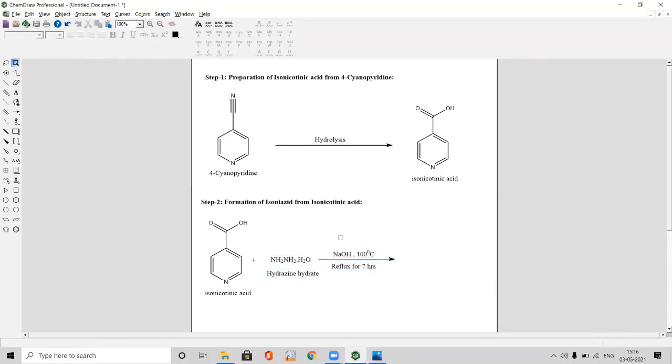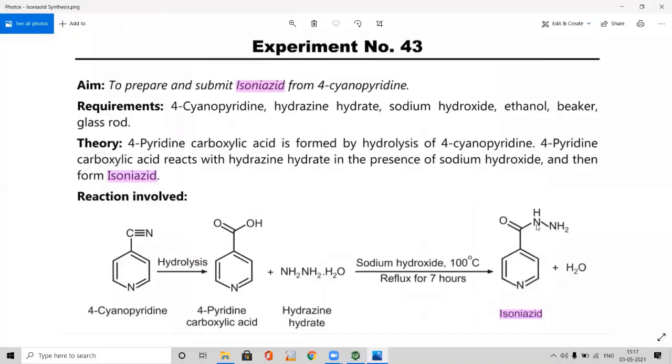Now we need to draw the final product. For that, I am selecting this one again and I am going to paste this. Now here, instead of the hydroxyl group, we need NH, NH2. You can see the structure here, CO, NH, NH2.